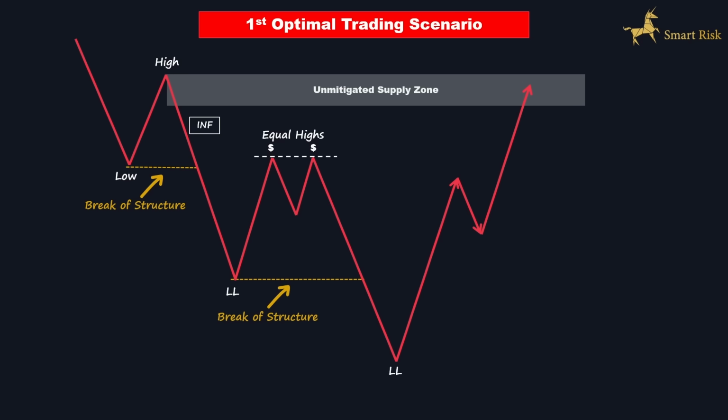The price has recently broken out of this low to the downside, leaving a significant inefficiency in its wake. Consequently, a newly generated supply zone has emerged on the extreme, resulting from the recent bearish break of structure. It's crucial that this point of interest remains unmitigated. After the initial downward movement, the price retraced back up, forming equal highs just below our extreme point of interest. At this level, a substantial liquidity pool has been established.